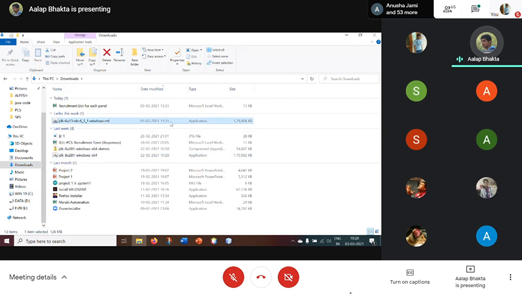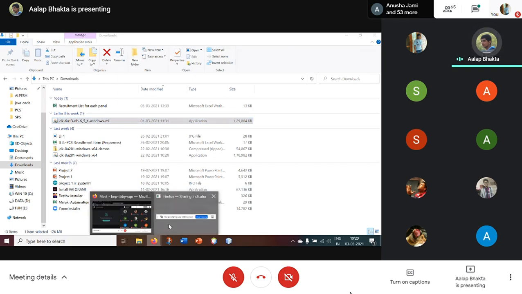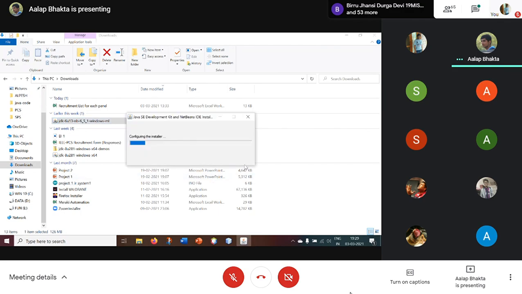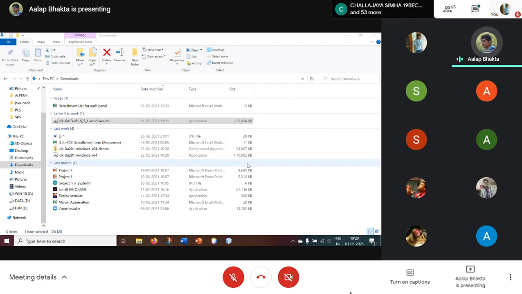Okay, are you guys able to see this now? Did you install this? Yes. Okay, so just open it over here. It will first download the JDK, then side by side it will also download NetBeans.